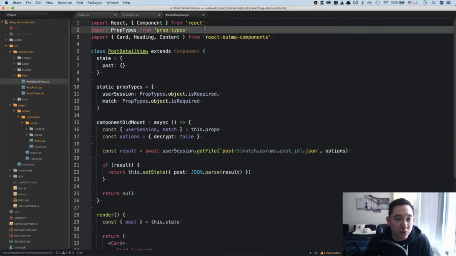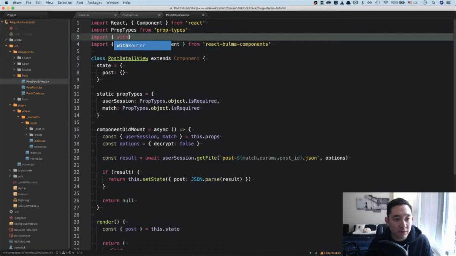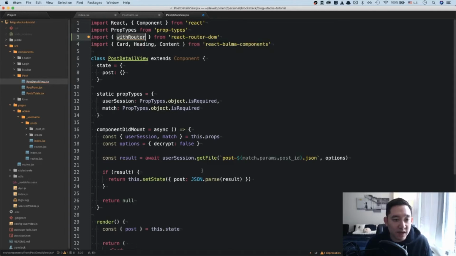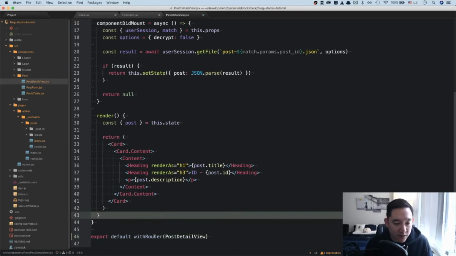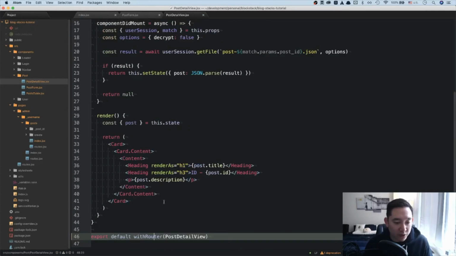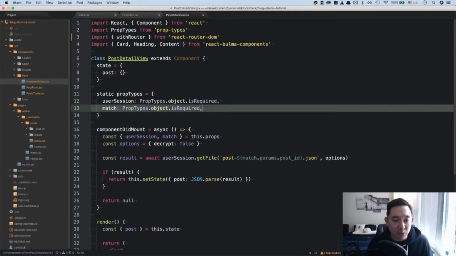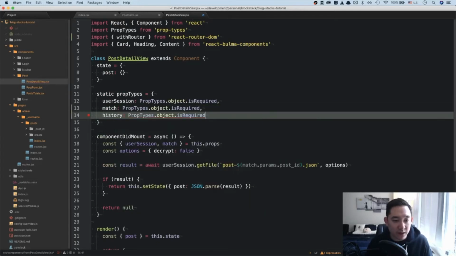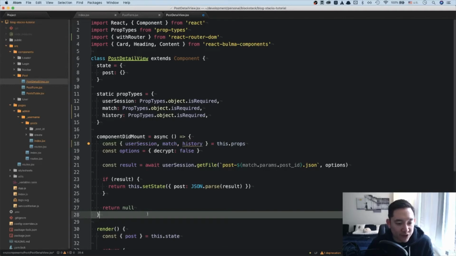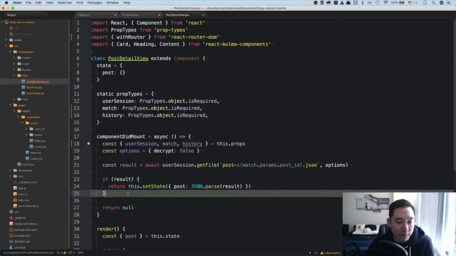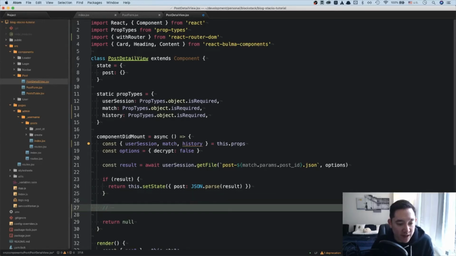So first we need to import withRouter from React Router DOM. This is a higher order component that we're going to need to add right here. Cool. Now that we have the withRouter higher order component connected, we can access the prop of history, and that will be an object. In componentDidMount is where we're going to destructure out the history. And unlike before where we just return null if a result doesn't exist, we need to push our user back to the index page. So it'll be something like